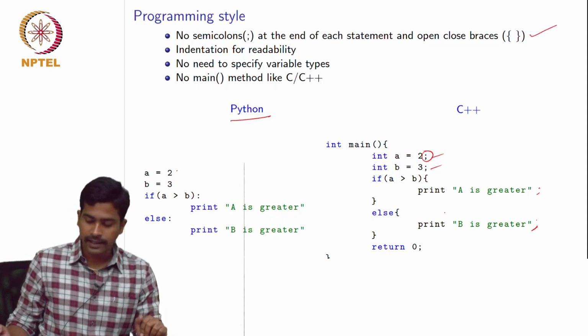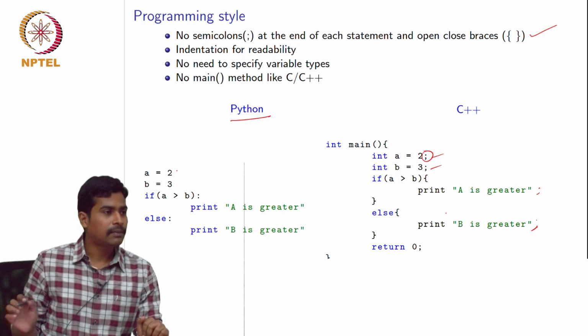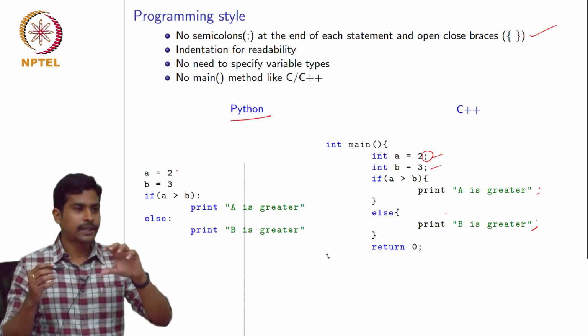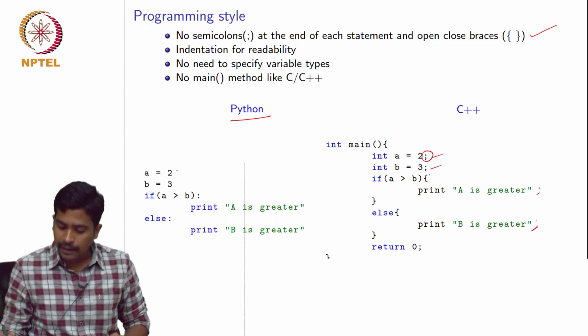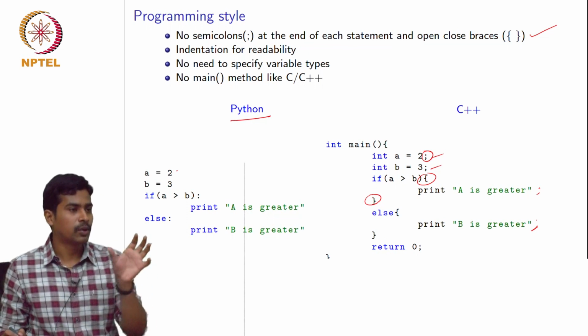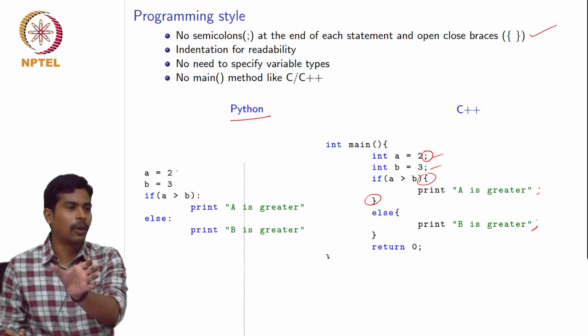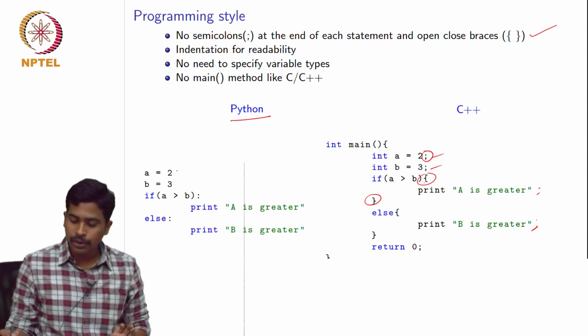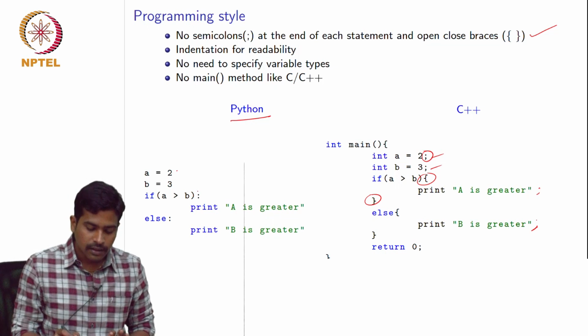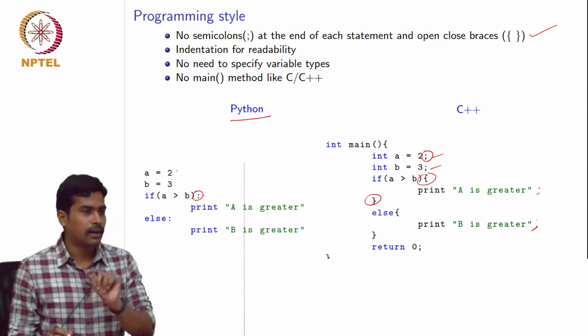And the second difference is, if you see a C program and you are writing an if statement or a for loop, whatever code gets executed in an if statement should be enclosed in open and closed braces, so that your program knows, okay, this is the content I have to execute in this block. But in Python, we don't use these curly braces. Instead of that, we use this colon symbol.